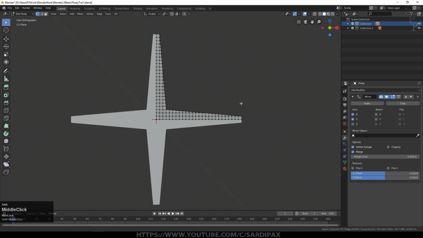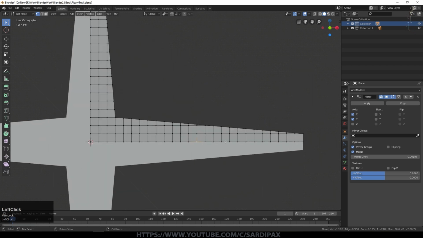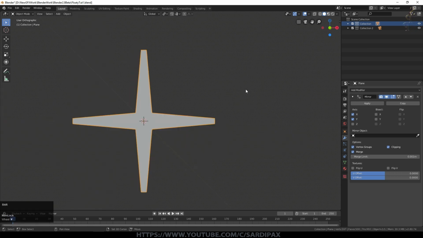I go into edit mode and I select a vertex like that, G Z. You can see there's a little hole appears, but if you don't want that, we put clipping in. I can no longer lift that away. I can move it left and right, but I can't lift it away. So it just makes sure that things are joined up. And if you do already have a rip, you can just move the vertex down and it will just seal it up. And this controls the distance at which that happens. So that's fine. That's created our basic shape.